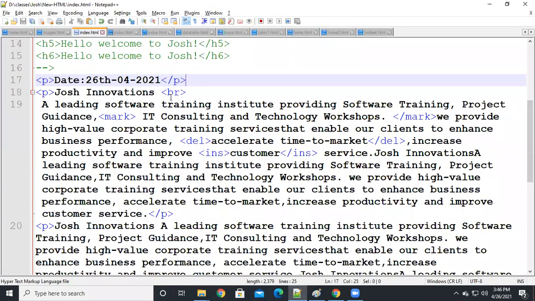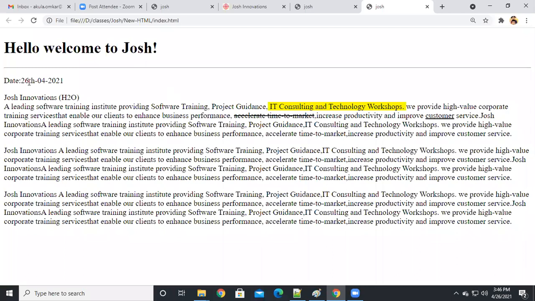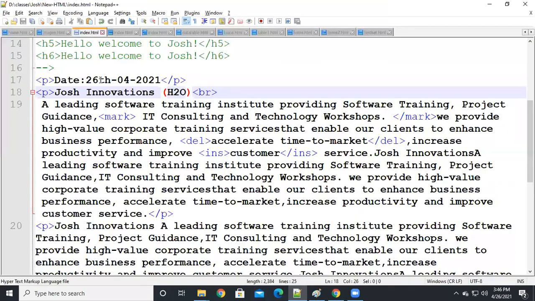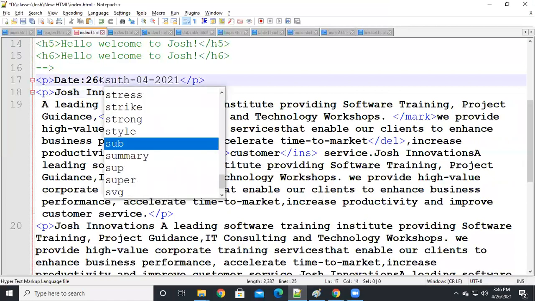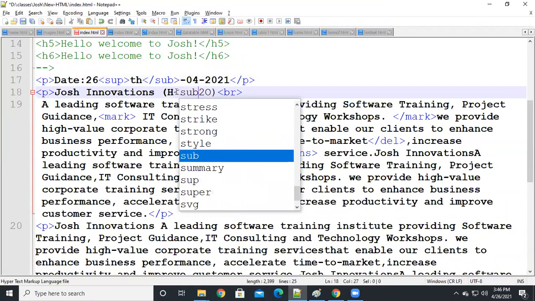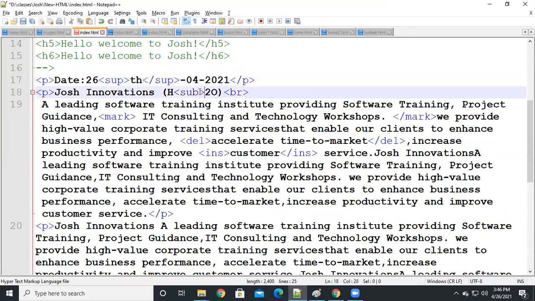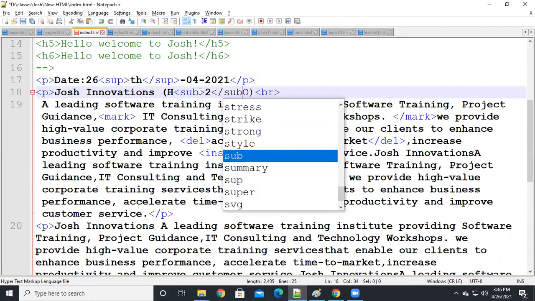And after this break, I'm going to take, you know what, a chemical equation, water, guys, H2O, right? The water equation. But see, I'm going to arrange this 2 somewhat on top, guys, and this H somewhat down only. So for that we just use two elements. One is superscript, guys, SUP, superscript. And for down we just use subscript, guys, SUB. Here superscript, and here subscript, SUB. After that we just close the SUB, guys, superscript and subscript.